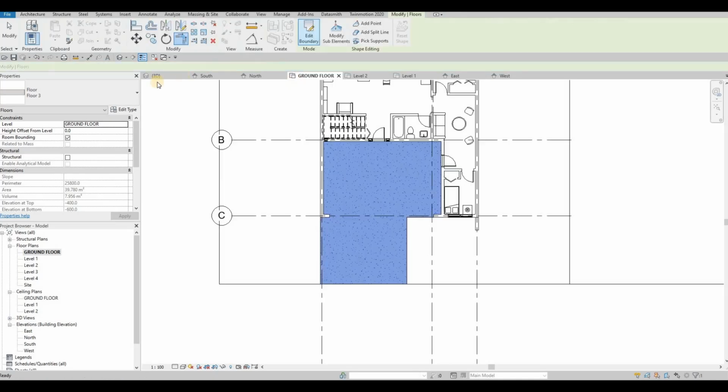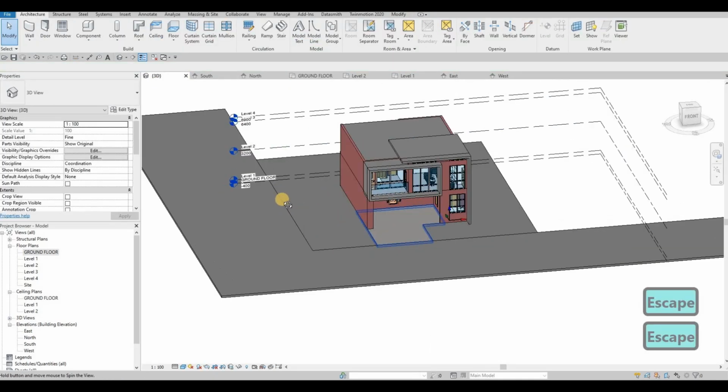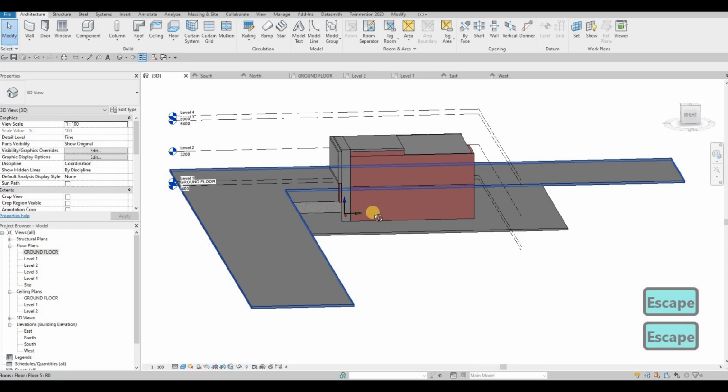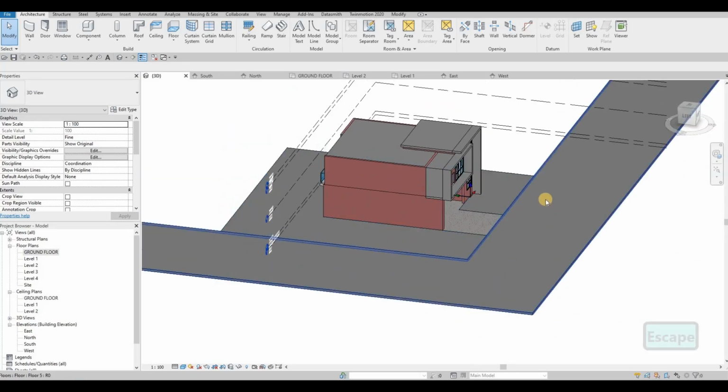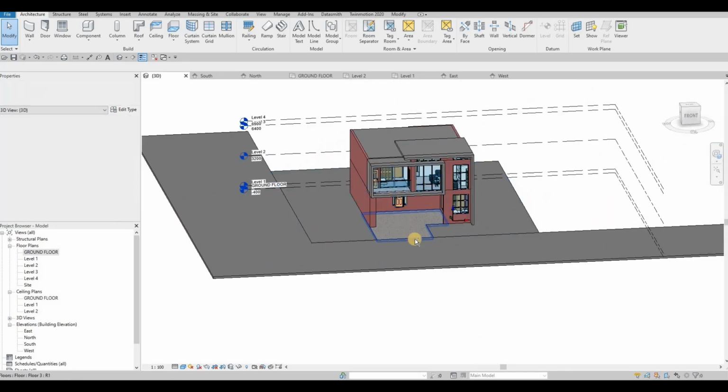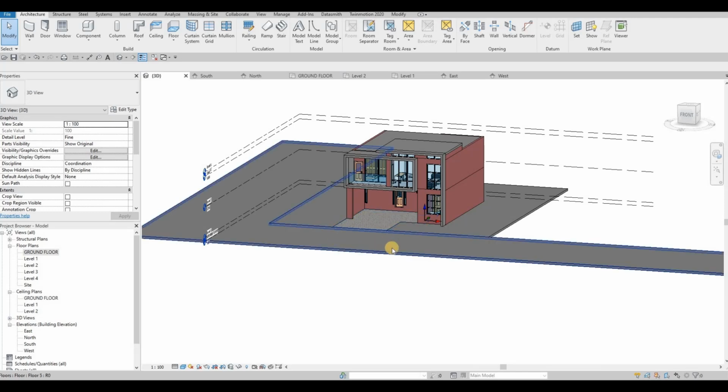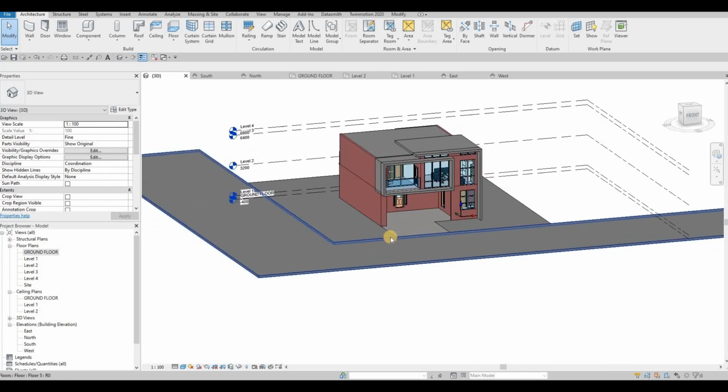And then click finish, and then 3D. So now everything is looking good. As you can see, we have grass and everything else. So now we're gonna do